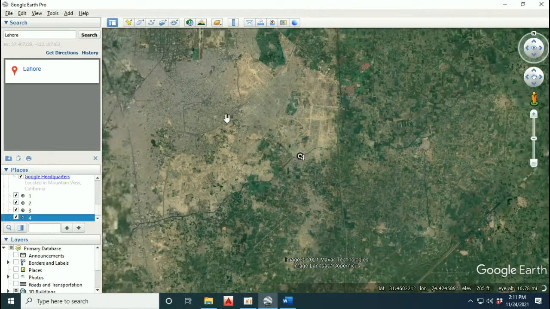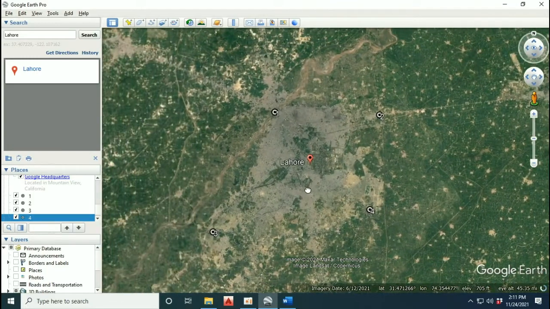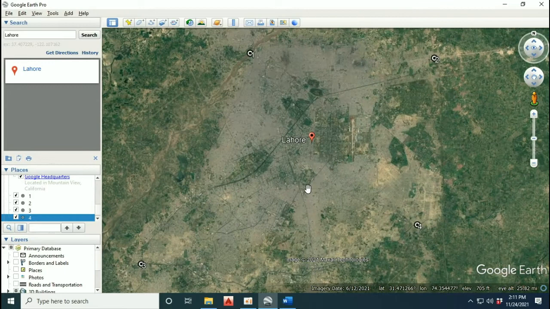Now all the points have been added under the heading of places, so you have to save the imagery now.